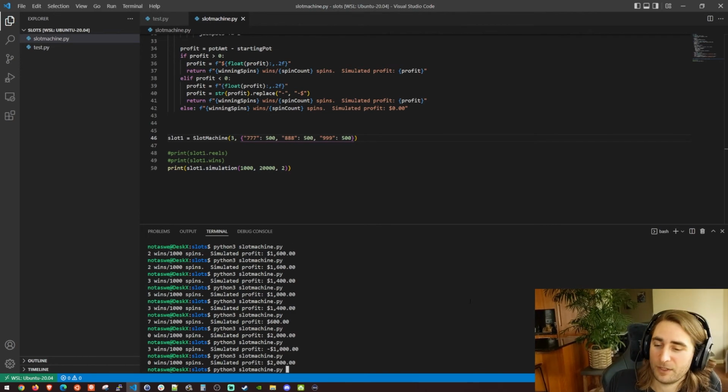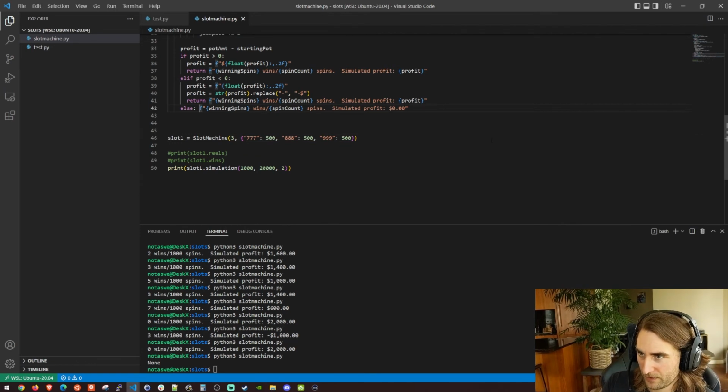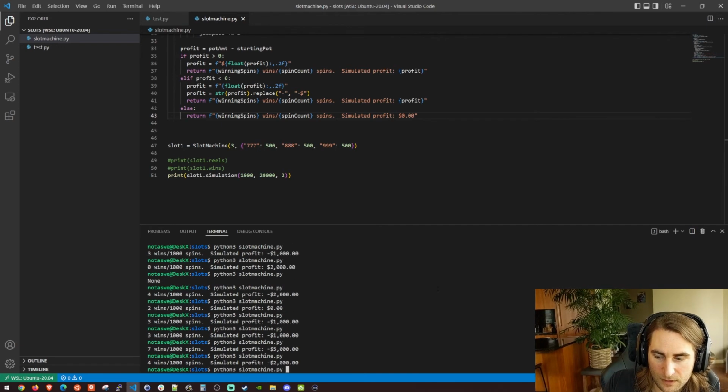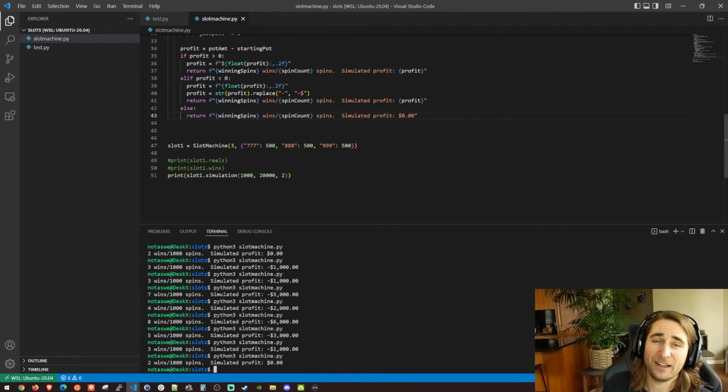Okay, so now our slot machine... Oh, we need to have a return statement here. Whoops. Okay, so now our slot machine is sometimes going negative, and sometimes is just breaking even. So this one right here is probably going to pay out too much money. And so what I'd like to do is start keeping track of